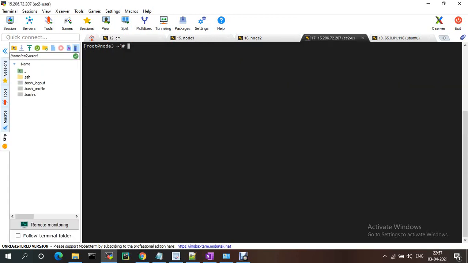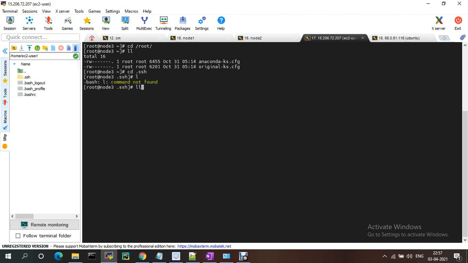I'm going to the newly added one, cd root, .ssh. Here authorized_keys is there, right?